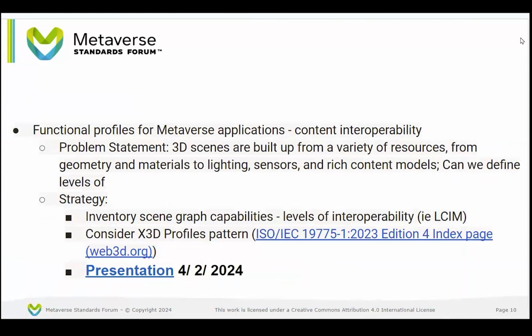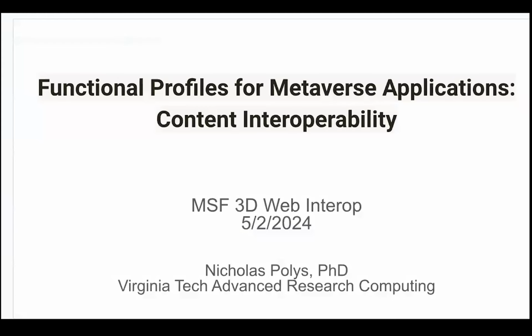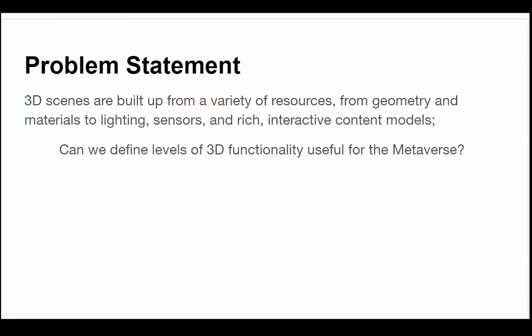All right, so we can build up our scenes from a variety of resources. And in order to compose a scene, right, we need to know what's in those resources. What can we expect from them? And so that's this idea of a content model and a standard like X3D and glTF, right, that have basic scene graph structure. So I'm going to dig into this. This is linked from